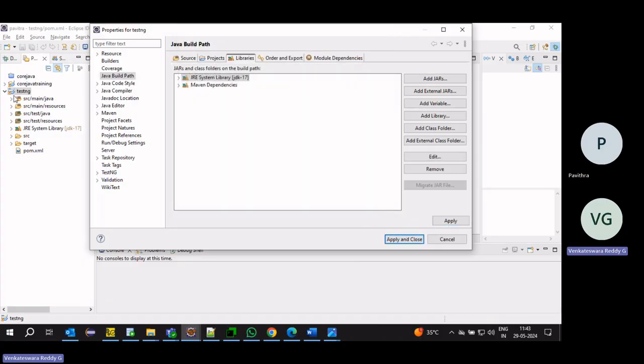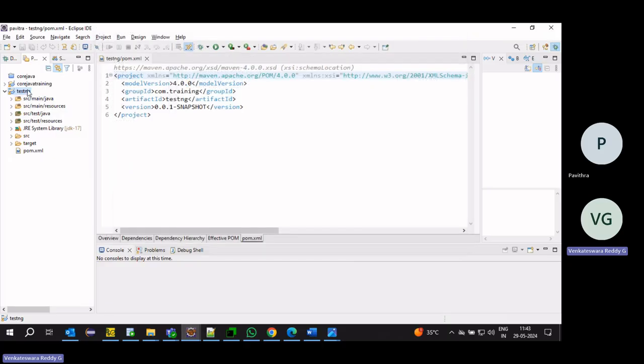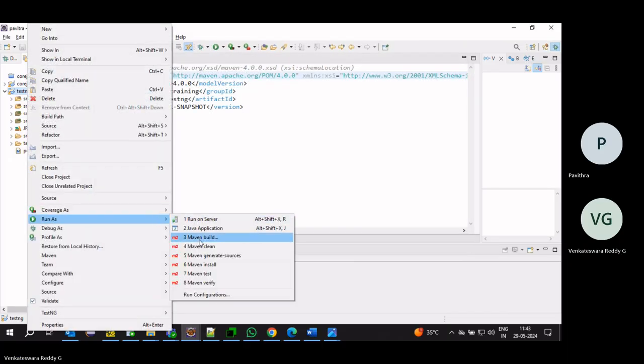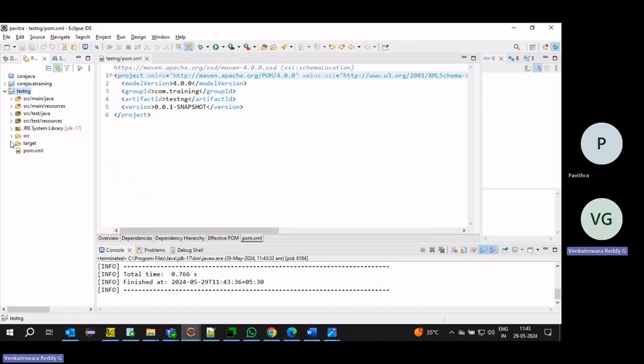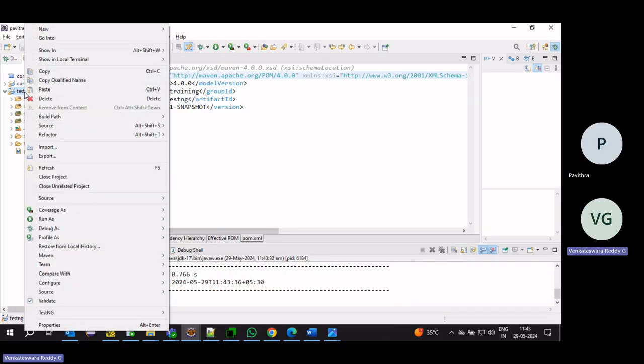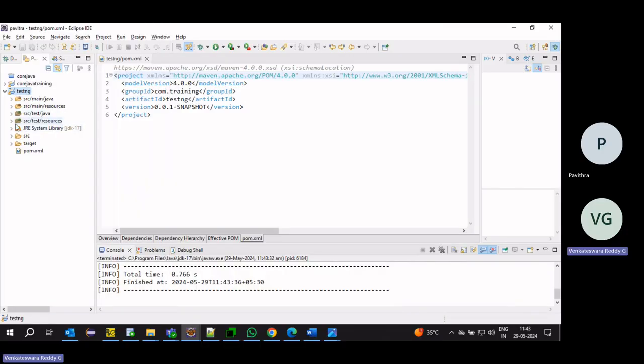We can add it, but what will happen next time? Suppose I clean the project. Sometimes what will happen is this JDK 17 will be removed, and it will again point to JDK 8. While doing some cleaning, sometimes this happens. So to avoid that problem,